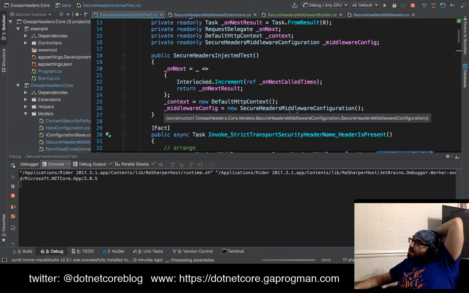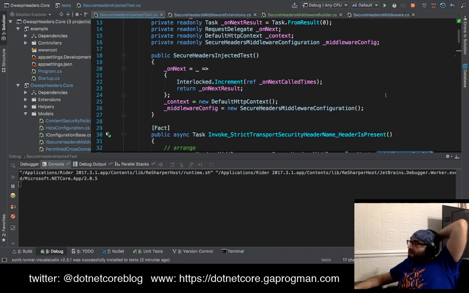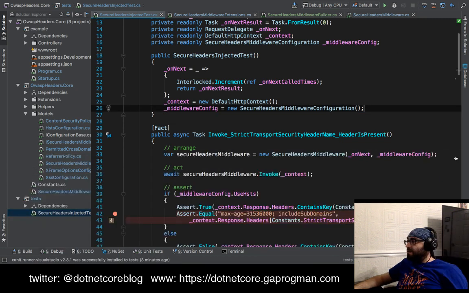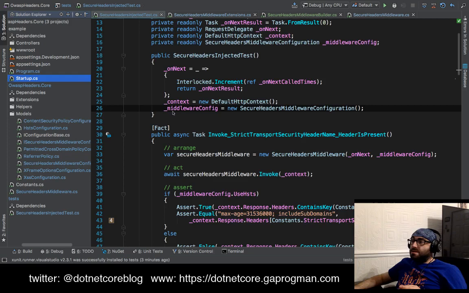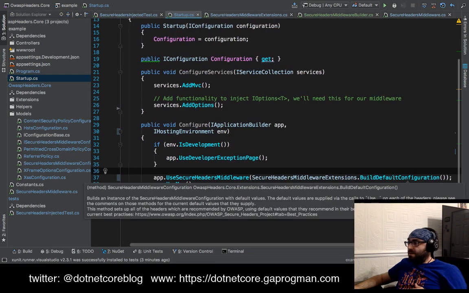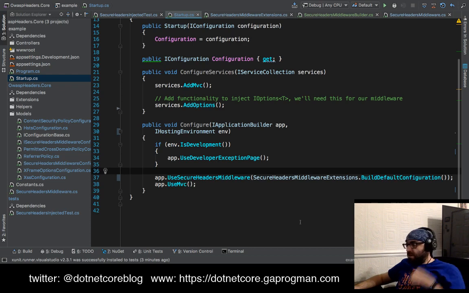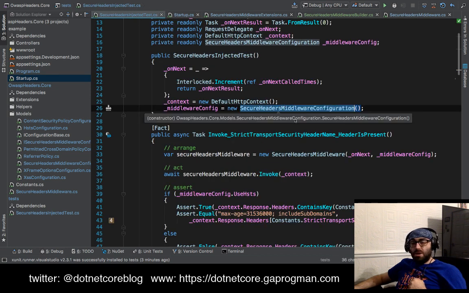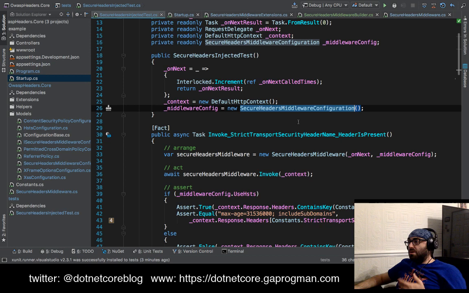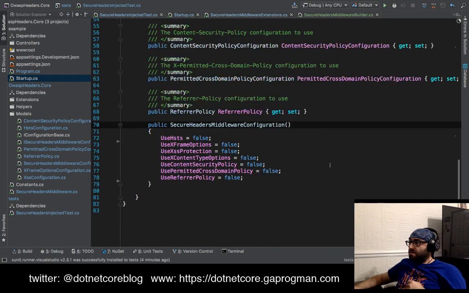That's why. Of course. Right, hang on. No, I know why. I know why that didn't work. Right, okay. So, in the example project, which is an ASP.NET Core MVC app, we've been telling it to use our default configuration. We're saying go and get the default configuration, which is brilliant. What we've done in the tests, however, is we've said, go create me a new secure headers middleware configuration, which if you go to it, the constructor sets all of these things to false,